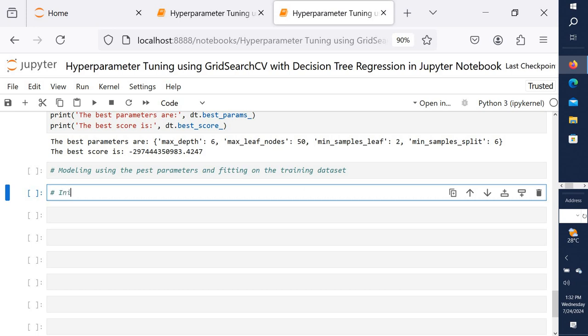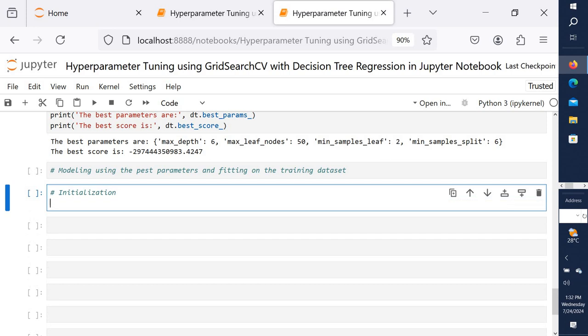So the initialization: dt model first equal DecisionTreeRegressor,